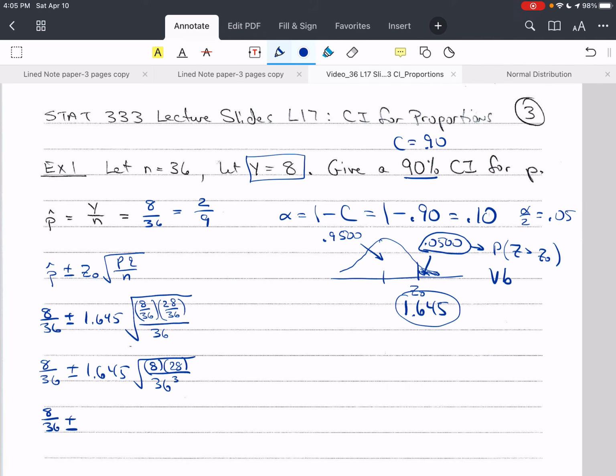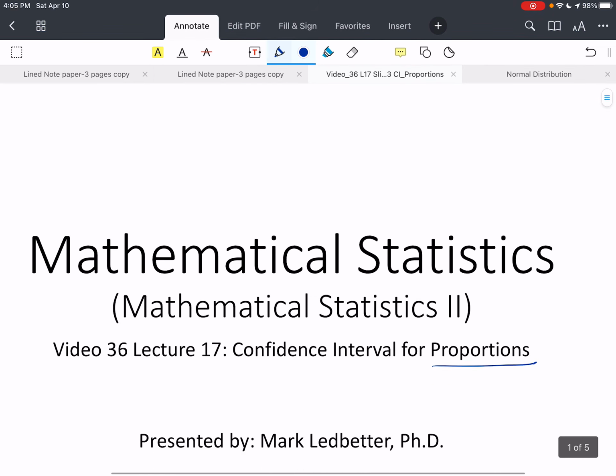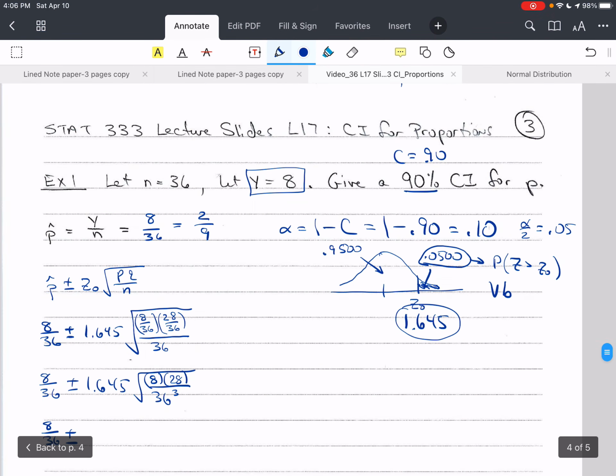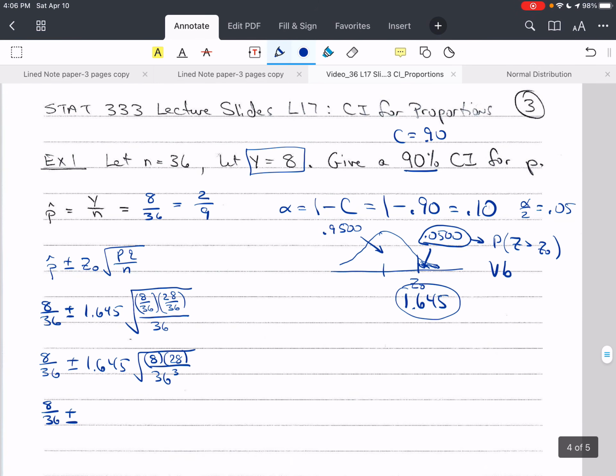Sorry about that. I hit an invisible button on the iPad that made it go to the start. So I have second square root 8 times 28 divided by 36 cubed, close the square root, and then